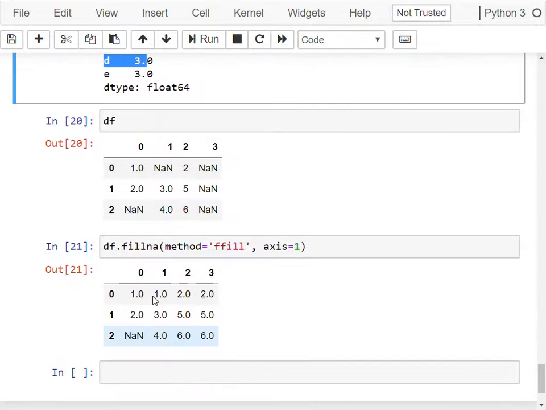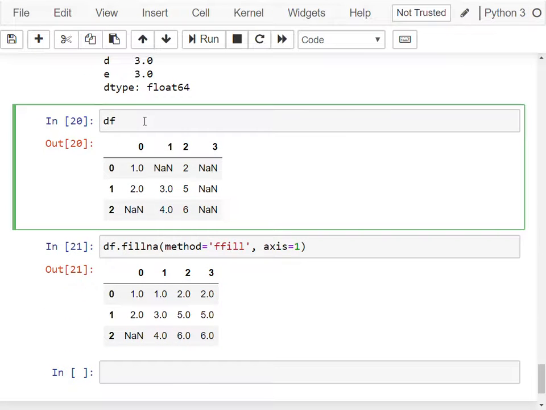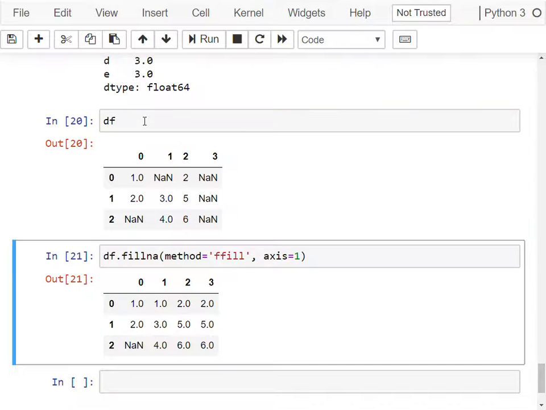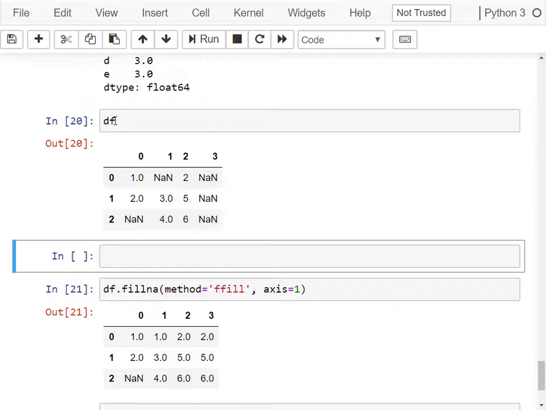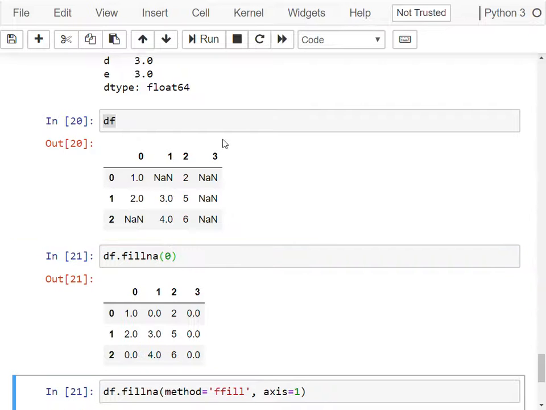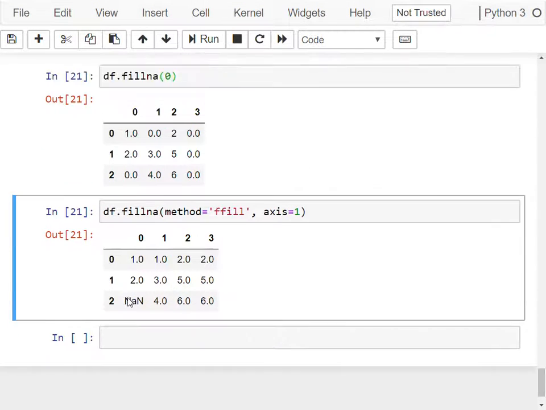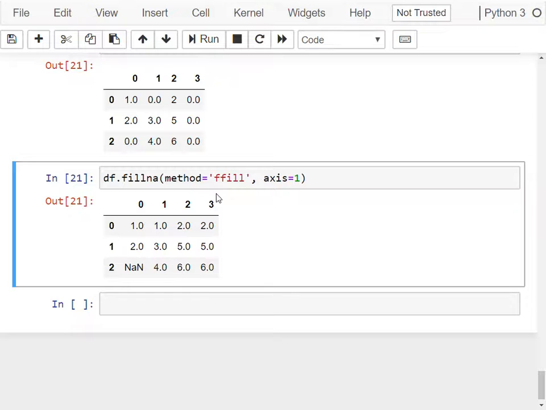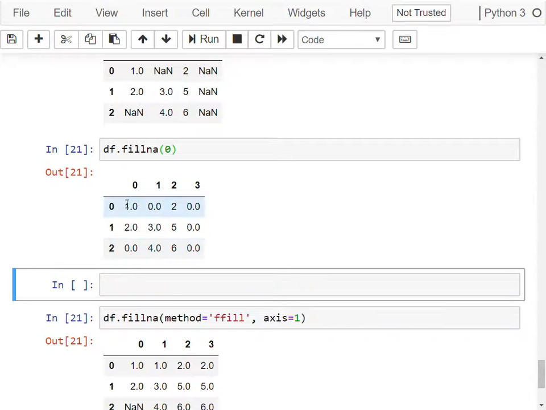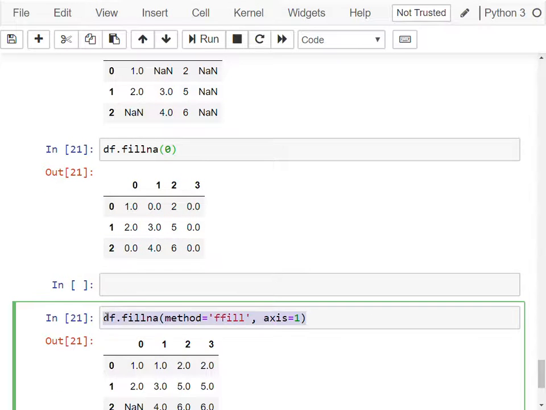Once again, once we have a data frame, we have 2 axes, so we need to specify what axis we are operating on when we use forward fill or backward fill. If we're filling with a special value, it doesn't make a difference, because it's just going to replace NA with any value. So if I want to replace with 0, that doesn't make any difference. But if I'm doing forward fill, it's important to specify the axis,